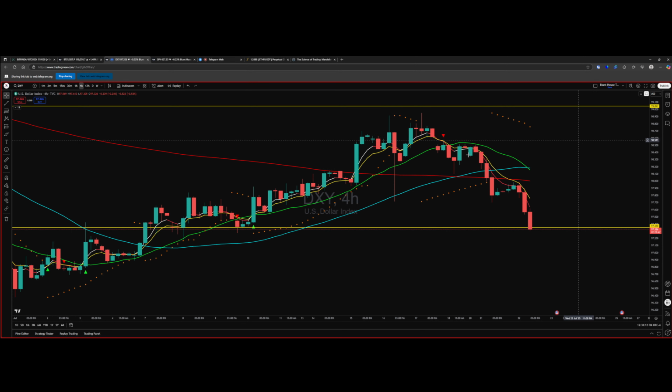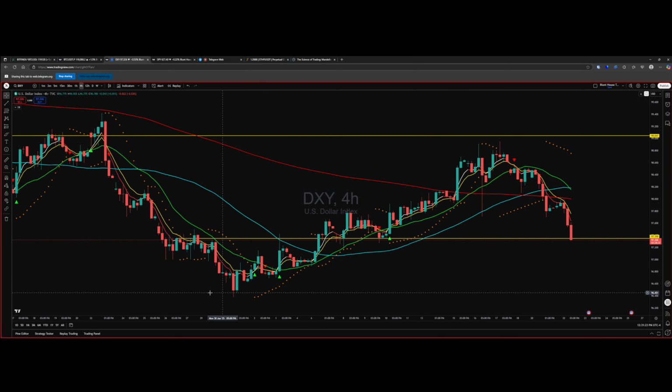Now, when it does come back to test it, it doesn't mean it's the end of the world, right? Quite often, it's a pullback to the 20 MA and then you get a continuation. And that's a signal of a very strong move higher. And what you're doing is you're continuing to take out the previous wave's highs and make new ones in that wave.